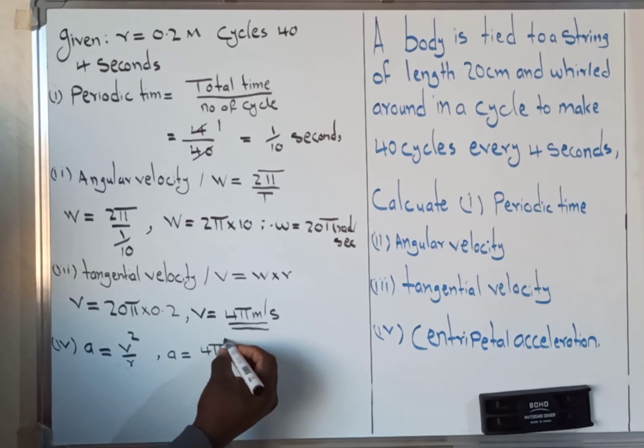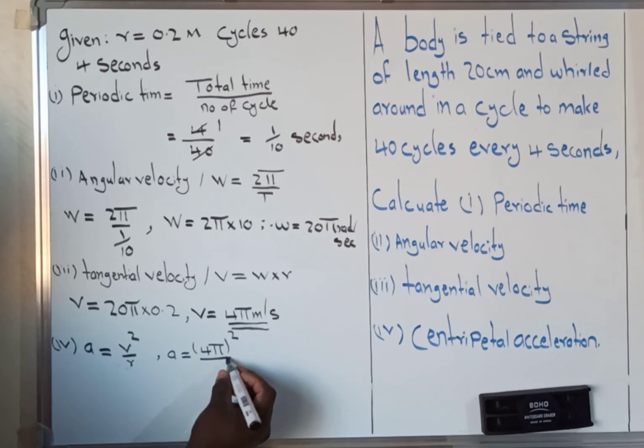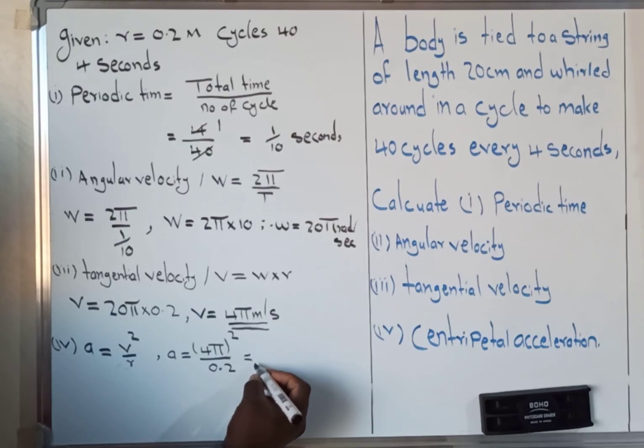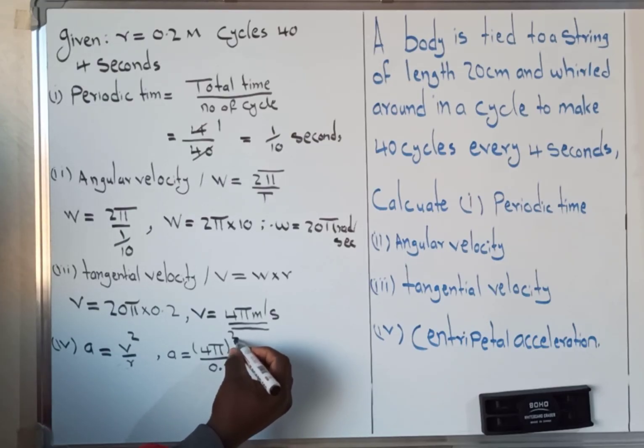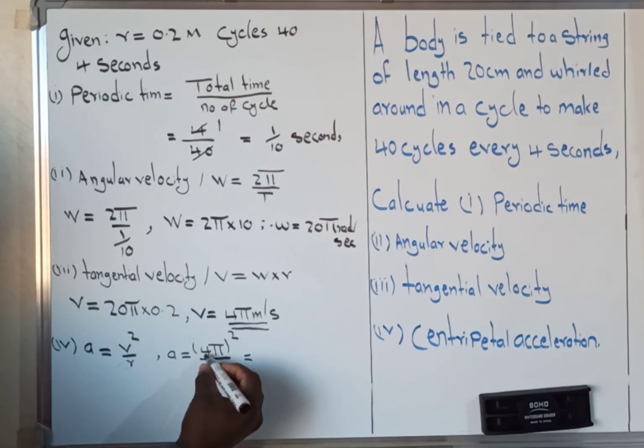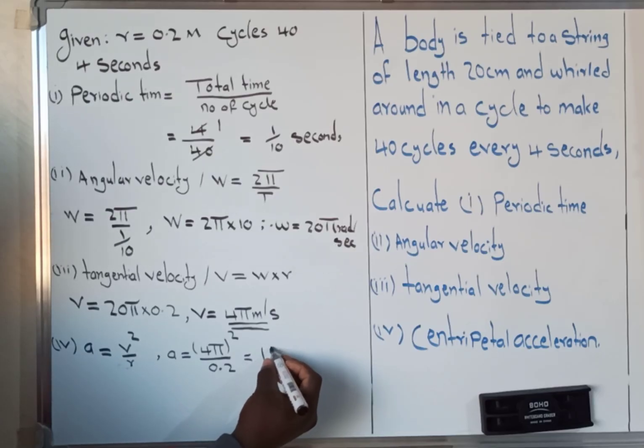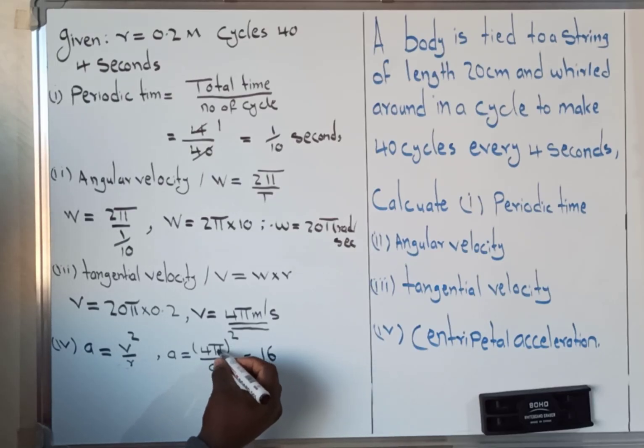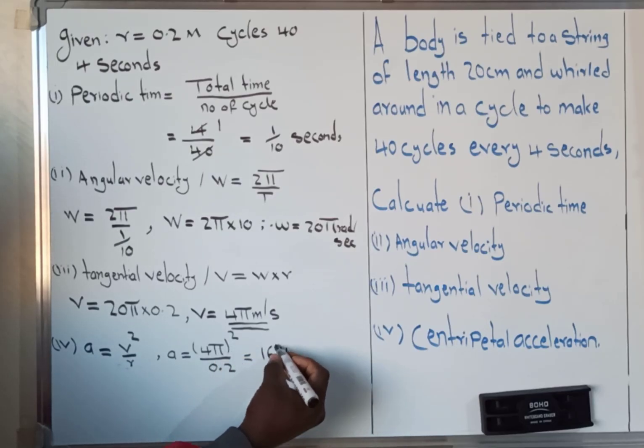We put it in brackets because we have it squared, over r, which is 0.2. So right now it's going to be equal to 4 squared, which gives us 16, and pi squared gives us pi squared, so over